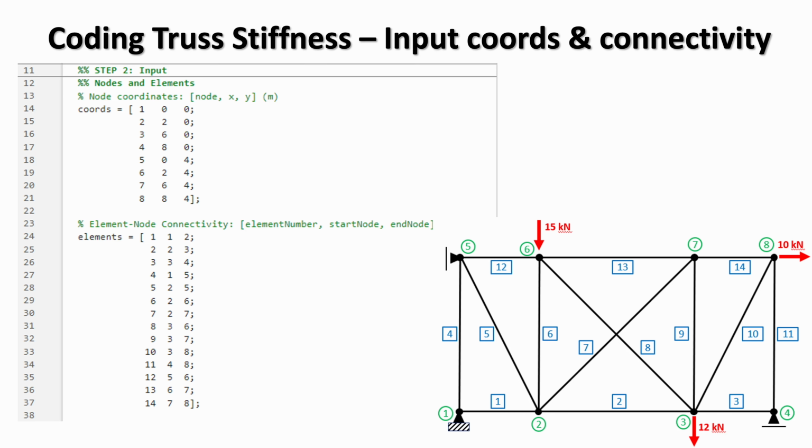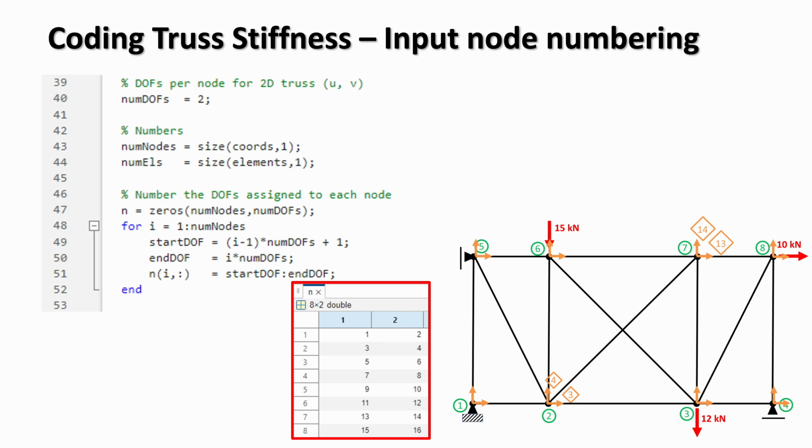It is essential that the node numbering and connectivity are consistent, as any errors here will propagate through the entire analysis. In this step, we assign the degrees of freedom to each node of the truss. For a 2D truss, each node has 2 degrees of freedom, the horizontal displacement u and the vertical displacement v. So we set number of degrees of freedom, num_dofs, to 2 to reflect that. Next, we count how many nodes and how many elements the structure has, based on the input that we entered